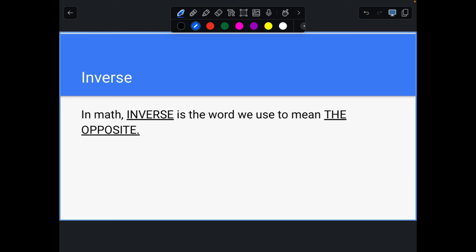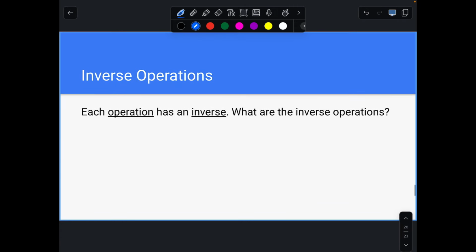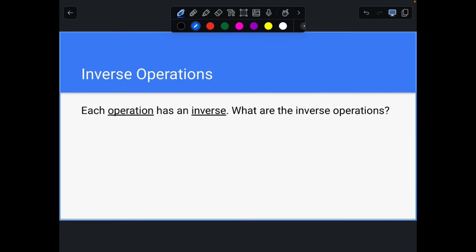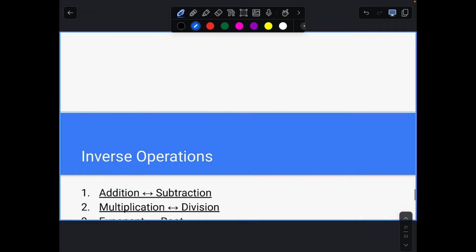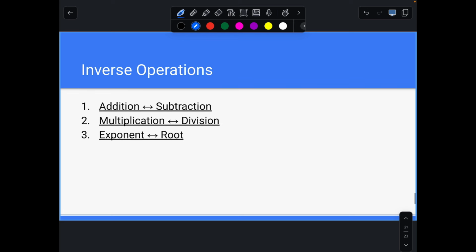Inverse. In math, inverse is the word that we use to mean the opposite. Which means that each operation has an inverse, or we can think of it as an opposite. What are the inverse operations? The inverse operation of addition is subtraction. The inverse operation of multiplication is division. And the inverse operation of an exponent is a root, and obviously the opposite can be flipped. The opposite or the inverse of subtraction is addition. And so